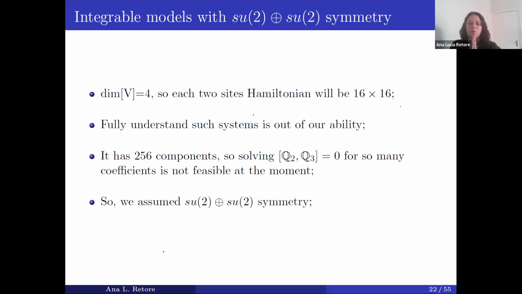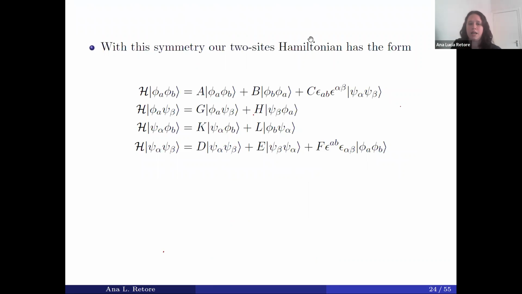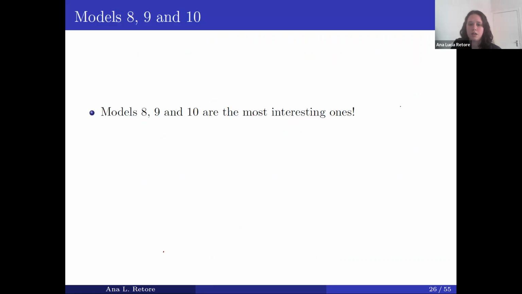Do you agree that once you have the Hamiltonian and you know it's integrable, or any of the charges, you can start to study it? For example, you can think in spaces, putting particles like so. We found some models here like these SU2 plus SU2 ones. Let me show this example, and then I can say a few things about the Hamiltonian and how you can see it physically. But these 8, 9, 10 I separated exactly because they had some obvious nice physical thing going on,